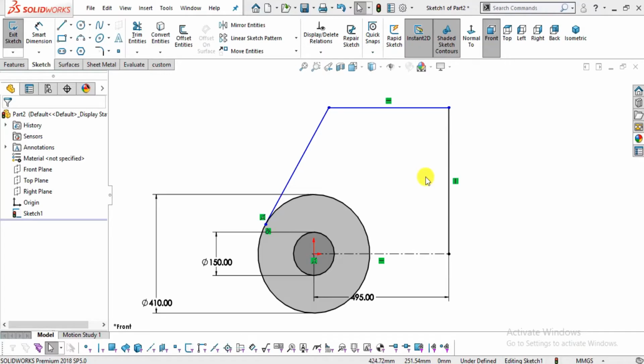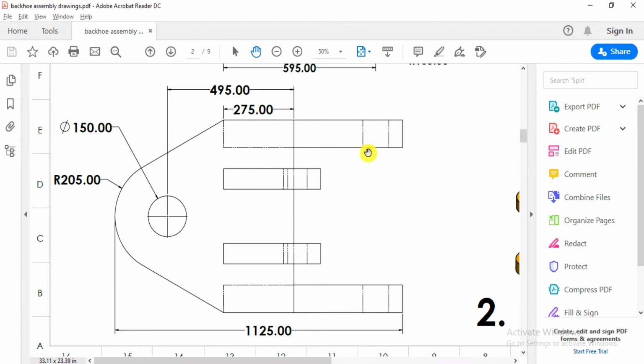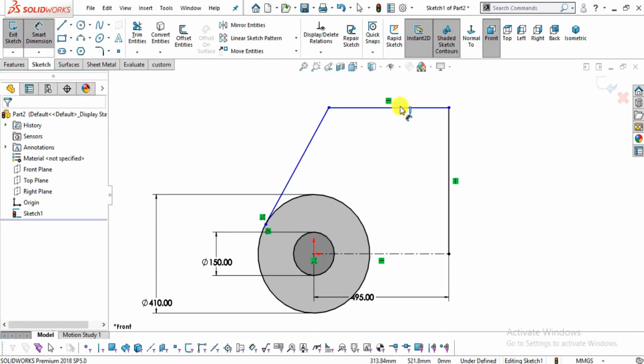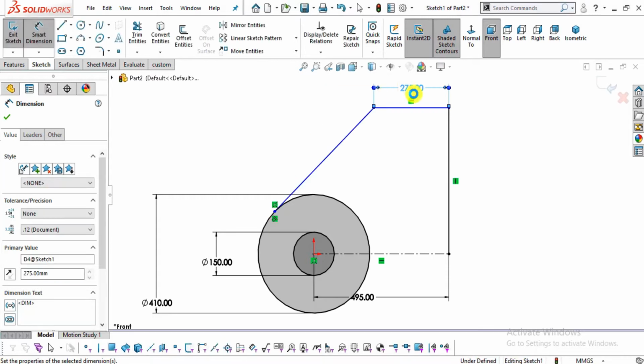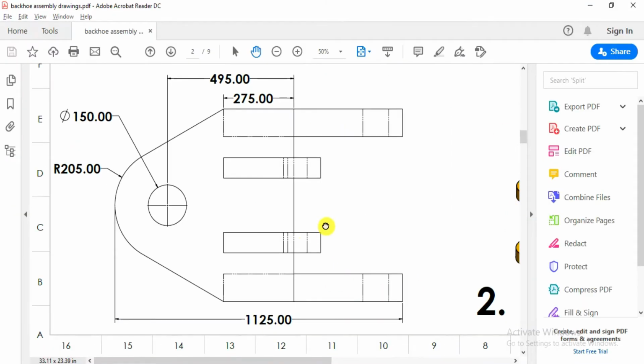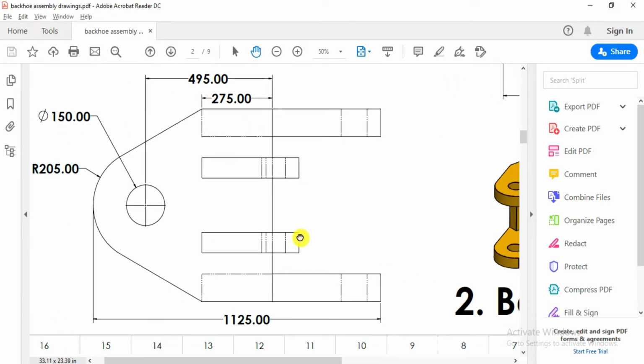Now you can see this distance is here 275 mm. So select a smart dimension, select this edge, enter the value of 275 like this, and from here up to this edge,